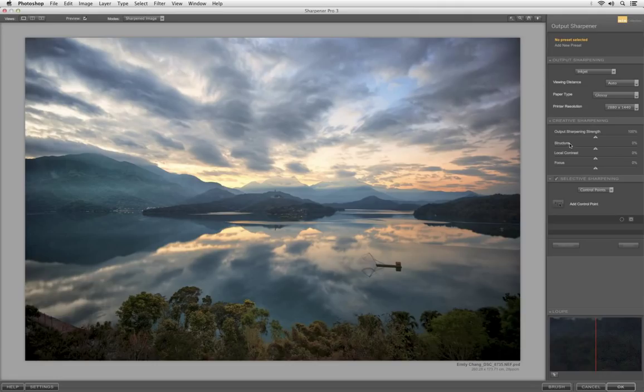There are other bells and whistles. You've got some creative sort of global sharpening effects, as well as control point capabilities. So let's say I decided, well, I don't necessarily need the corners or the clouds up here to be sharpened. I could take control points, and we could add sharpening if we needed to, or control the structure, local contrast, and focus. Or, and what I'm going to do in this case, is just remove the sharpening,